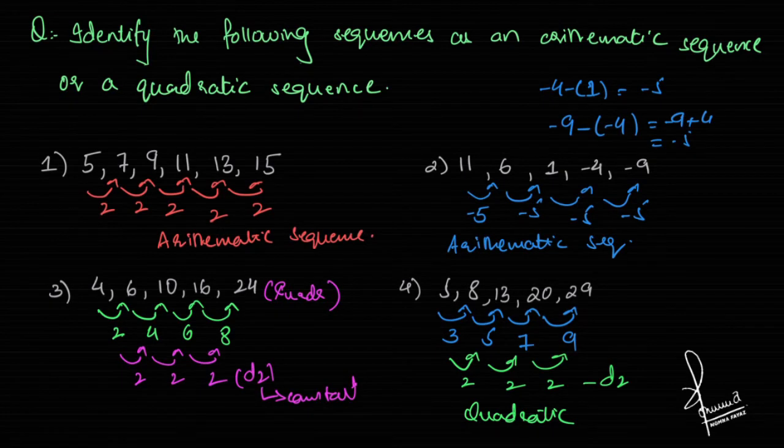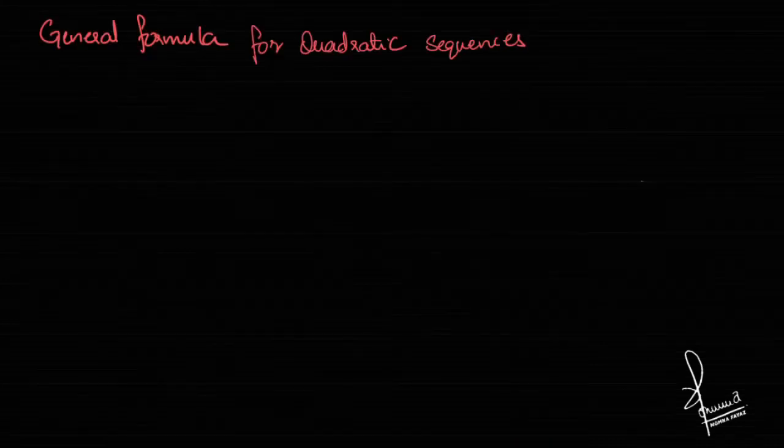वो कोई भी नंबर हो सकता है. It should just be equal to a constant. That means it should just be equal to the same number every time. Now, like you did a general formula for arithmetic sequence, which if you can recall was a plus n minus